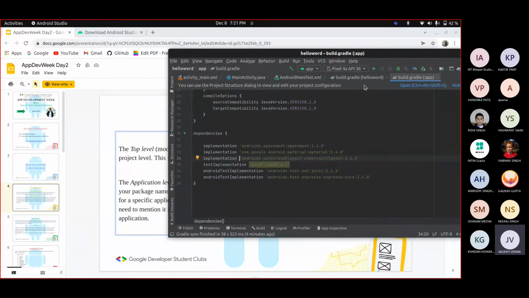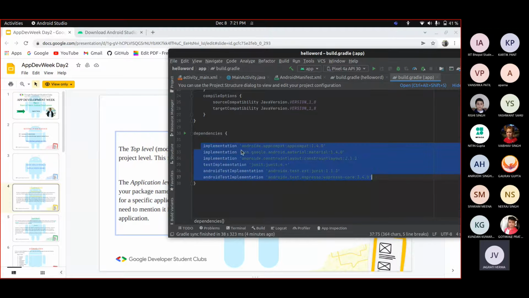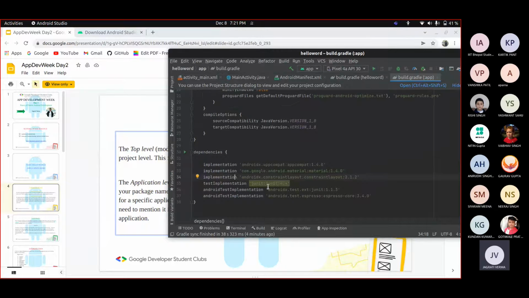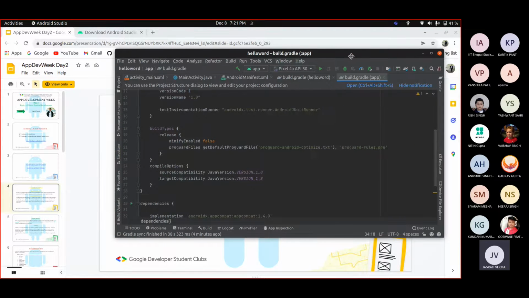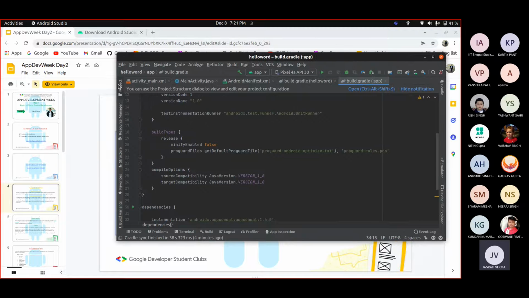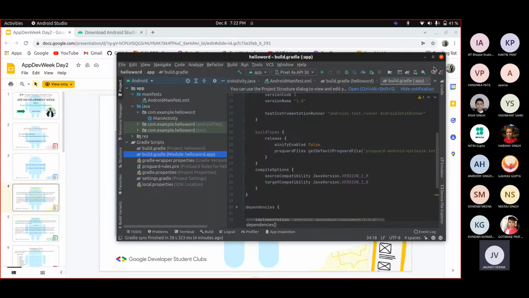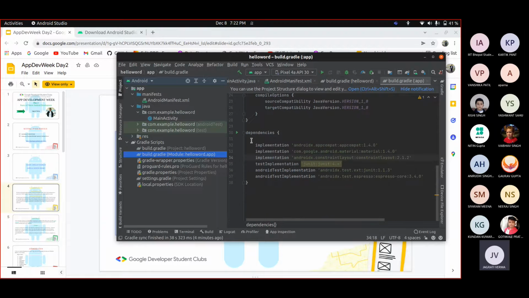Even if I want to add something new or different to my Android application, I can copy the dependencies and paste them here for the integration of that library. These are libraries which are not jar files. You know that jar files are also there in Java, and they are used for Java. I think you would have heard of them if you are coding in Java. So not that, but simple dependencies.